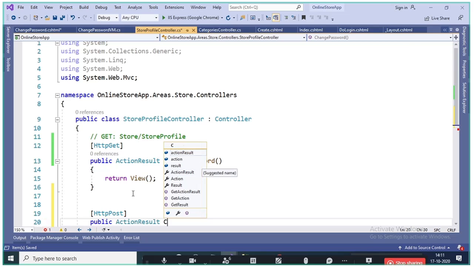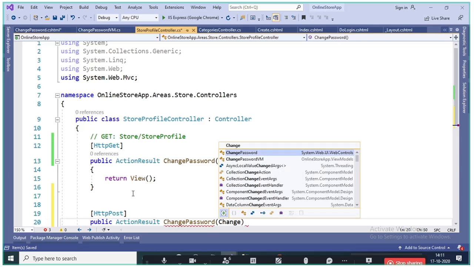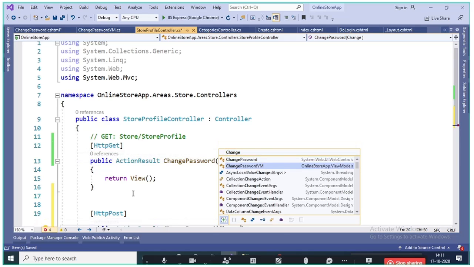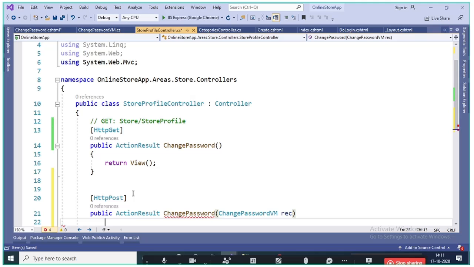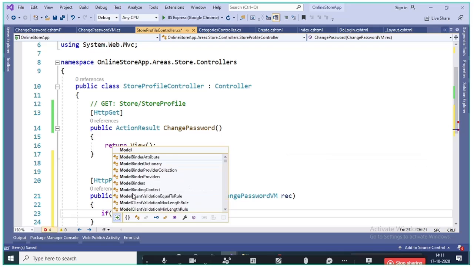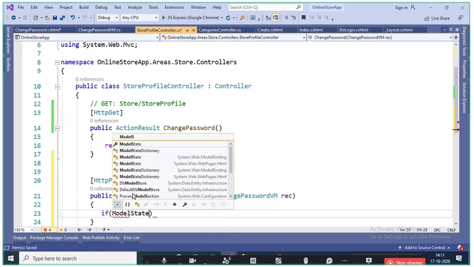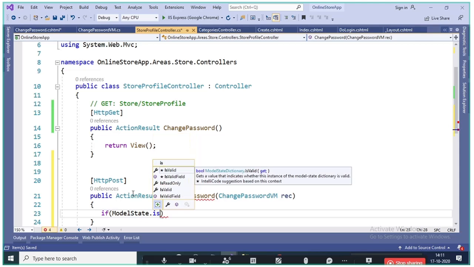And here I will say something called again a change password, and we'll say change password VM rec. Now here we'll do the model validation. So if model state dot is valid,